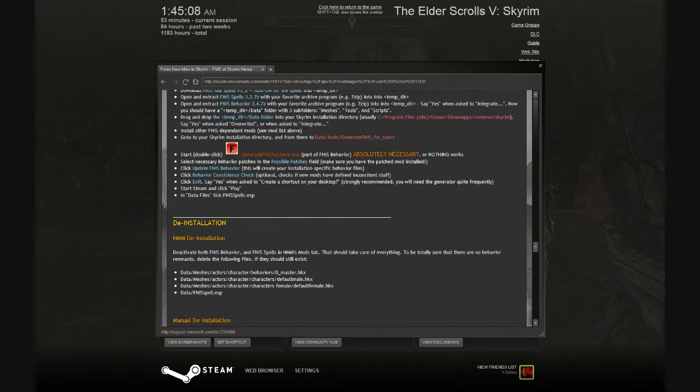When you run this application, this orange F here, GenerateFNISforUsers.exe, if you follow the directions, it'll come up and list warnings for any files that might be causing conflicts, any animation conflicts, and it will tell you what you should do. In my case, I had one file that it said was causing a conflict, and it said I should delete this file. So I backed up the file, and then I went in and deleted it, and then I ran FNIS again,